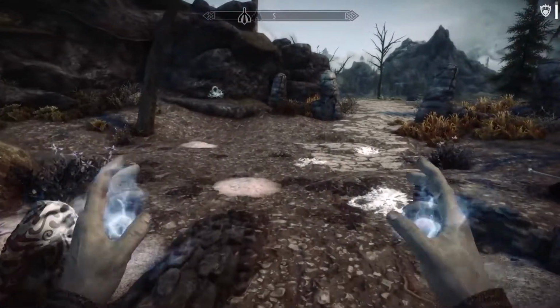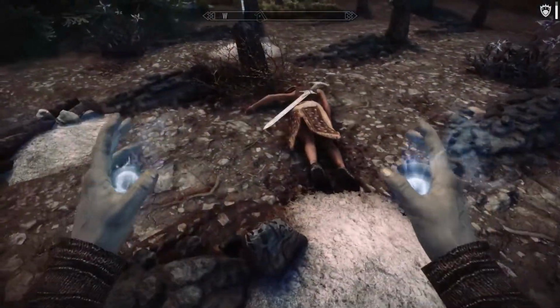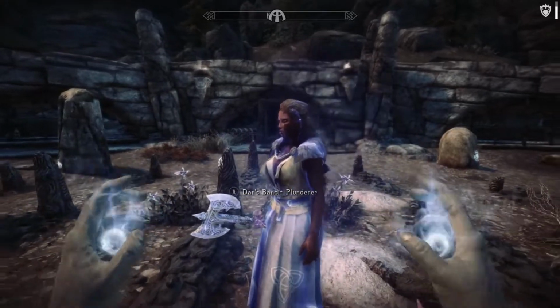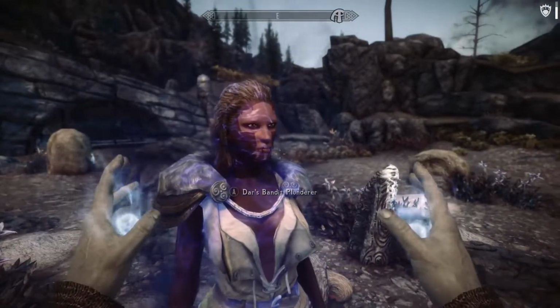So it's 2 different modes, right? If you just harvest 4 corpses, you can double your magicka regen, or you can use this on the 5th corpse and have a tanked out thing. I don't know if that is a